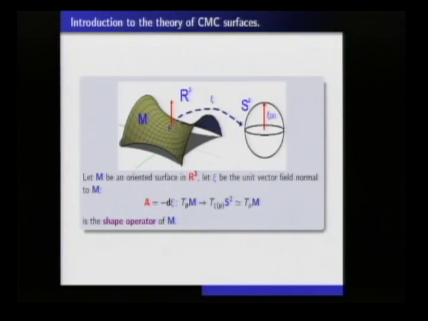Okay, so we have our standard picture of a surface in R3. We have its unit normal field. Under parallel translation, the tangent space at a point can be identified with the tangent space on the sphere at the unit normal. I'm assuming the surface is oriented, so we have this normal field on it. Because we can identify the tangent spaces under translation, we can take the derivative of the Gauss map and translate back, and think of this as a linear transformation on each tangent space. That's called the shape operator.